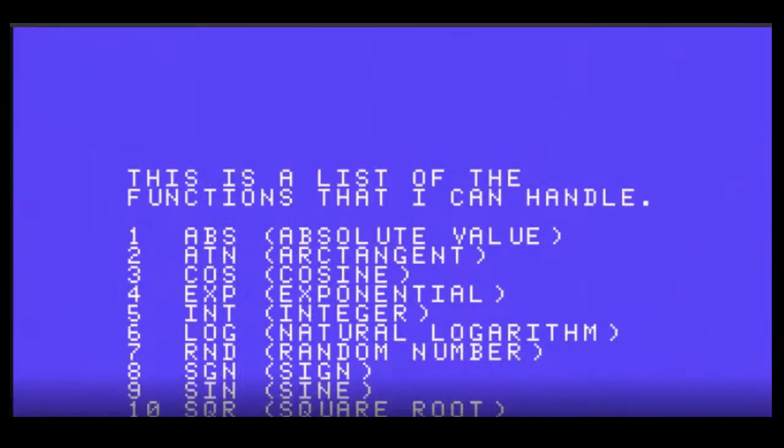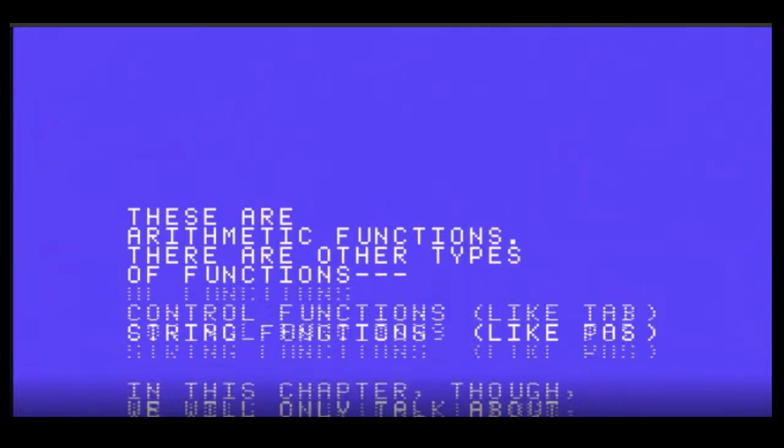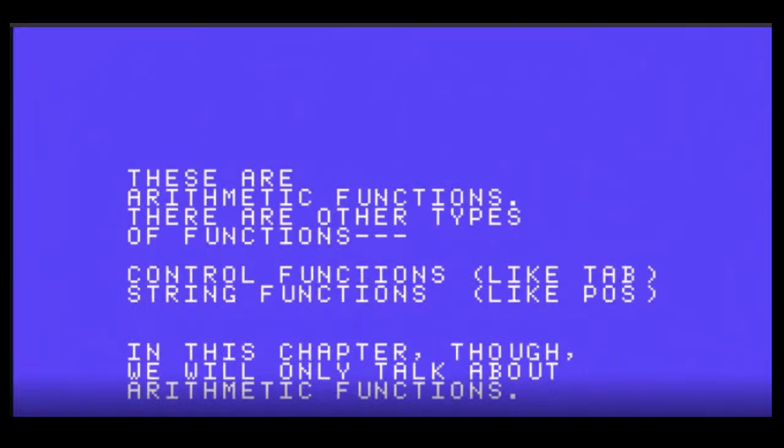This is a list of the functions that I can handle. Okay, so you got absolute value, arctangent, cosine, exponential, integer, natural logarithm, sine, square root, tangent, and user defined. So user defined, you could probably have pi, phi, chi, all those other abstract numbers.